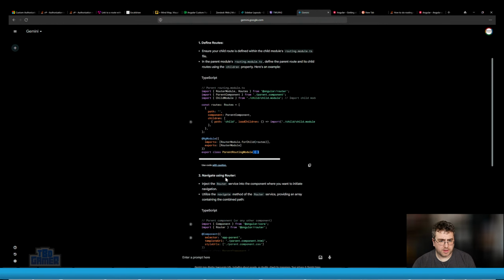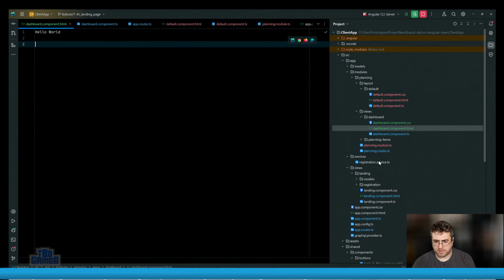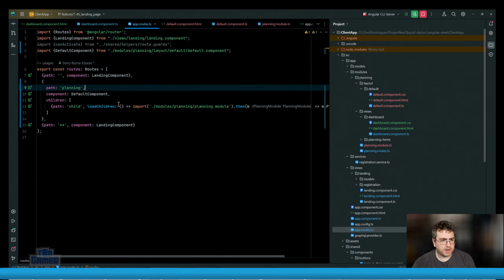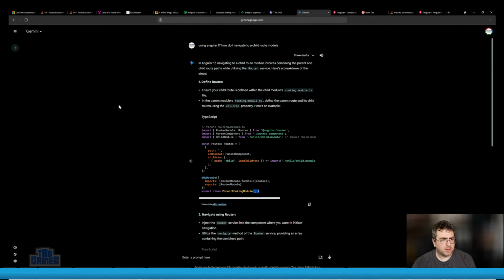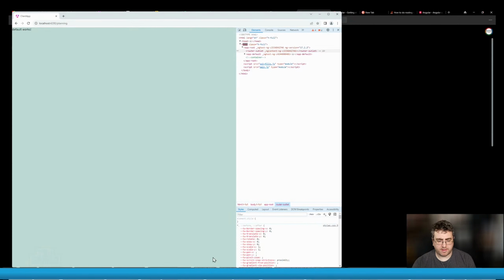Let's make this less confusing. What I'm going to do is take off the can activate, because then I don't have any worries about it. I'm not displaying any data at this point, right? So